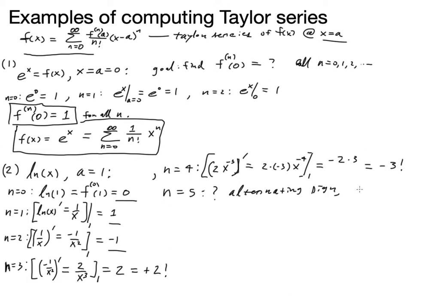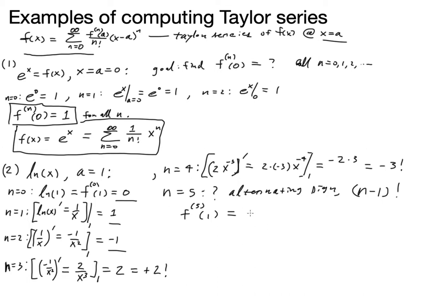And there's also a factorial. What it really looks like is that there's actually an n minus 1 factorial is the real key here. So what I'm going to guess now is that the fifth derivative of f of x, evaluated at 1,